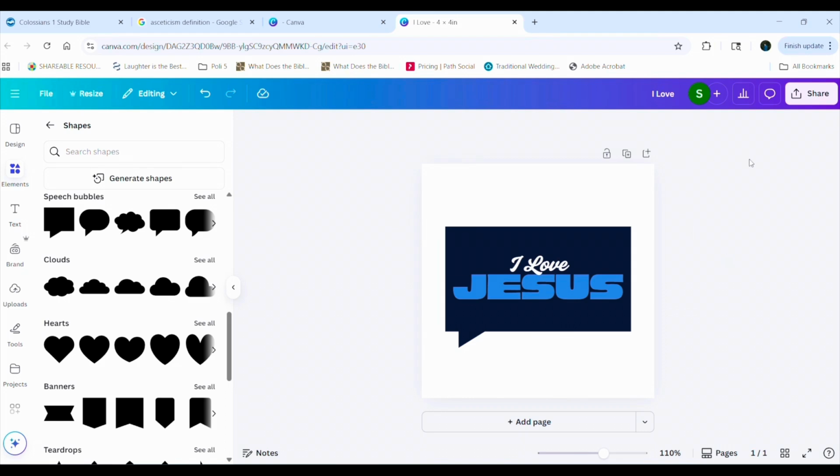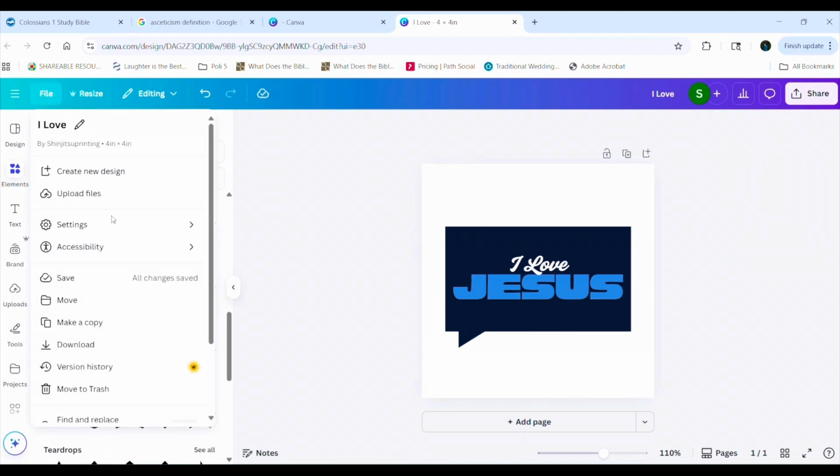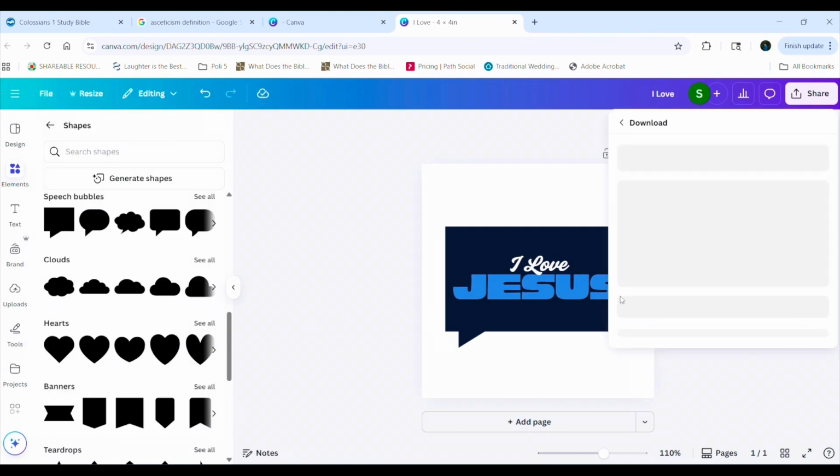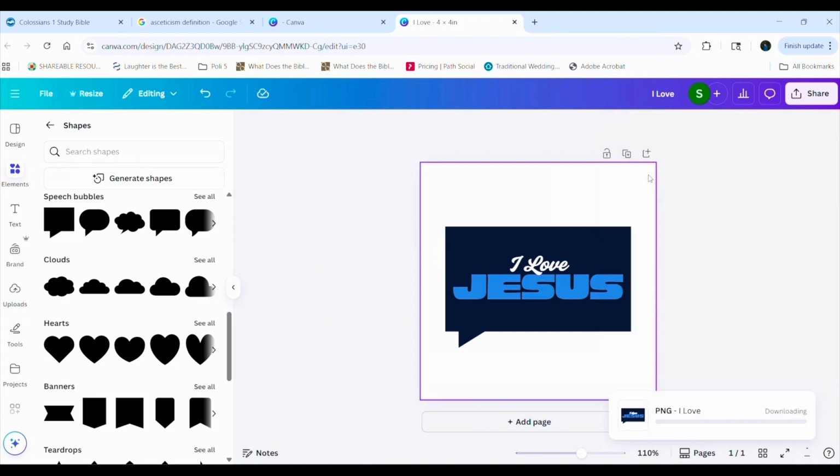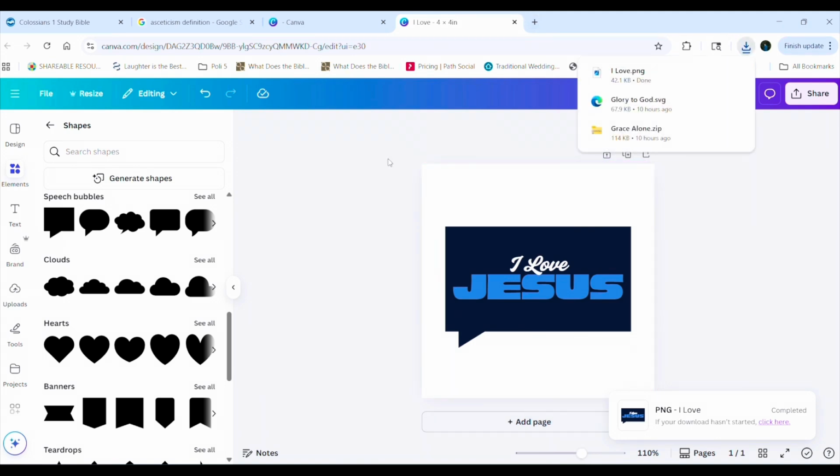Okay, and then we're going to hit File, Download, PNG, Transparent background, hit download. Okay, then we're going to come back to make a world. Okay,